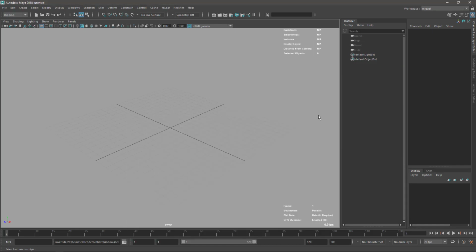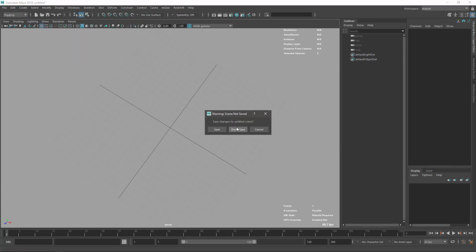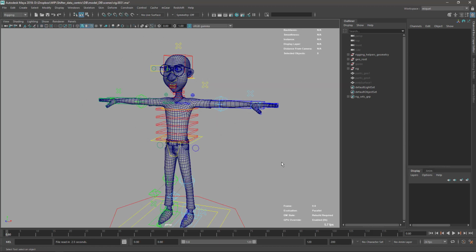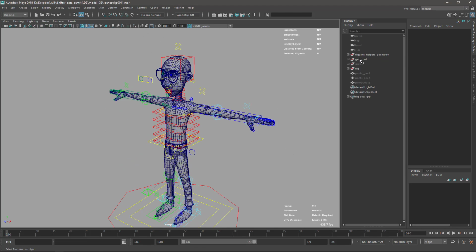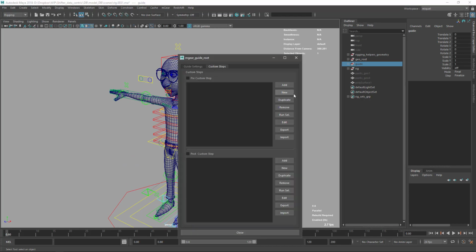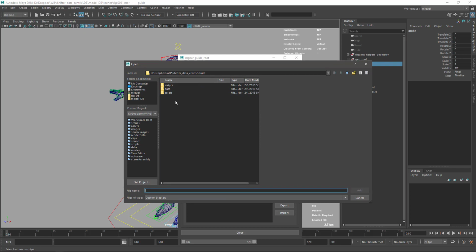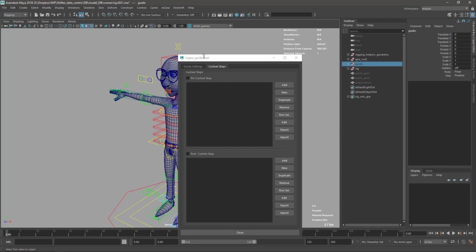Okay, sorry. One more time, load my character, wasting some minutes here. And this is a little faster now. Maybe the reason is because I didn't mess with the environment. And now if I do add, of course, now it's pointing to the right folder in the right place. So the first thing I want to do is